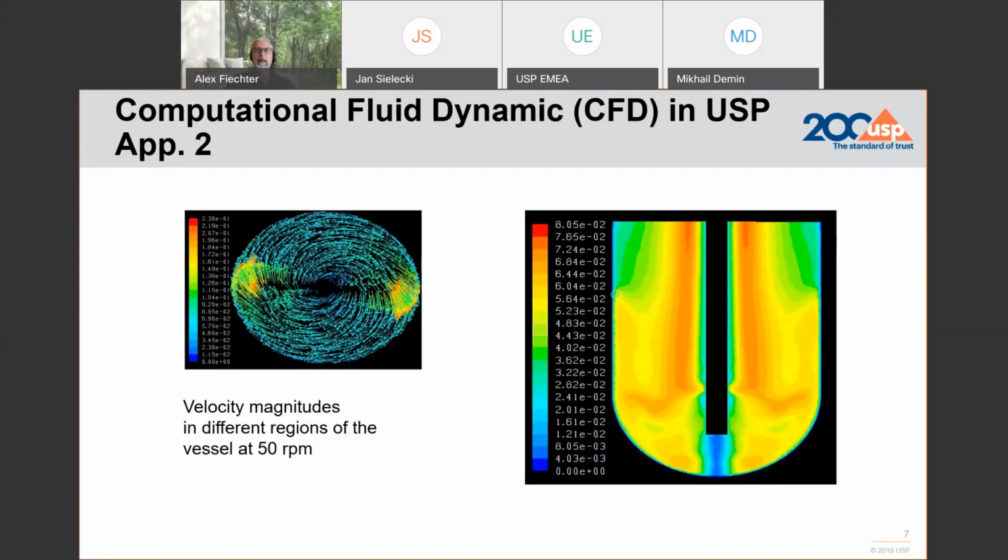So not only for the agitation here, but also considering when you take the sample, it is actually meant on purpose that you have to take a sample, as described in the general chapter 711, in the zone midway between the media surface and the paddle top or the basket top, at least 1 centimeter from the vessel wall.